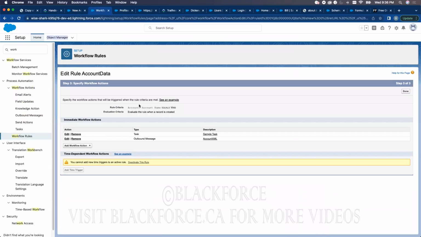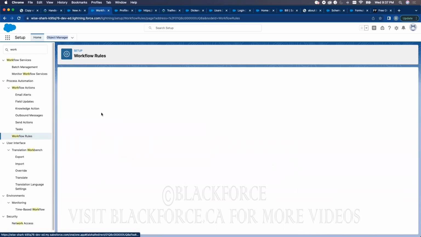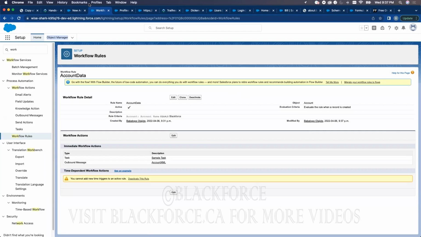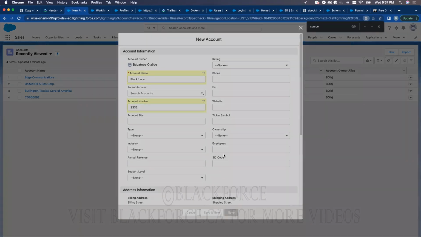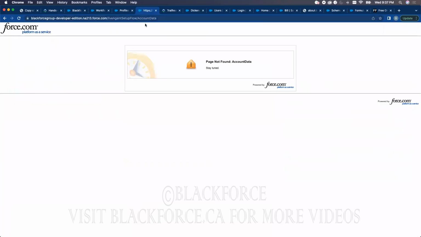The criteria is, let's go back to the workflow. We go to, and account name is Black Force, okay? We want the account name to be Black Force, save. And we should be good. Okay, we have that, and I'm not sending any data, but we can send other data there if you want, save. So what would happen is that if you go to that endpoint, you will get your XML data,